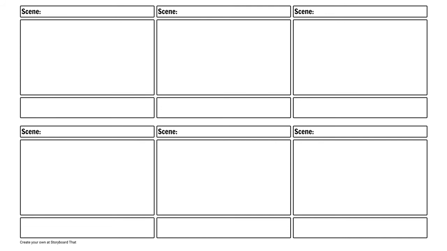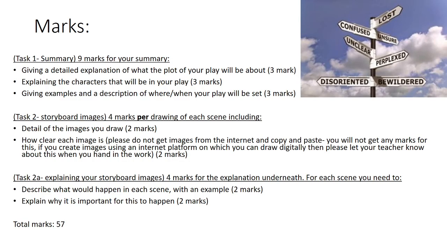So next to scene, you might just give a numbered order, scene 1, scene 2, scene 3, and so on. Or you might caption them, so the woods, the crime, the main event. That's your choice, but underneath, an image that best represents what you have in mind to happen in that scene. To get the highest marks for this, there's 4 marks per drawing, per box. So it's the detail of the images you draw and how clear they are. Okay, so if you don't have coloured pencils and pens, that's absolutely fine. There's no reason why you can't access the higher marks. It is about the detail and the understanding.